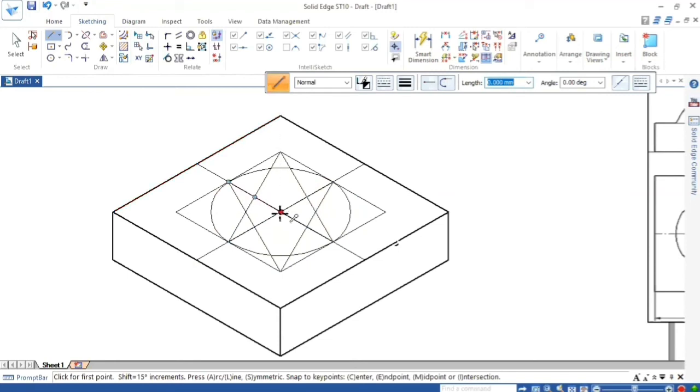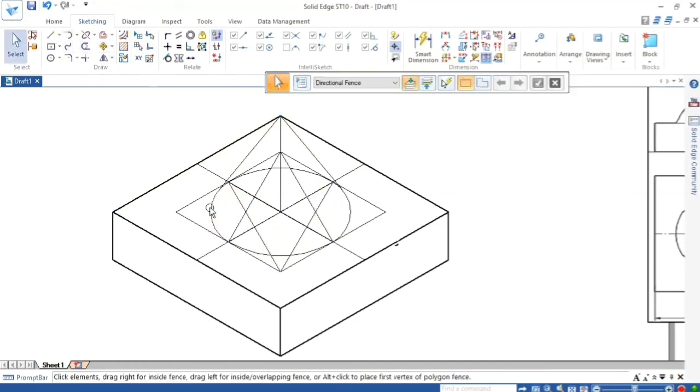Then go to visible line. From this end, you work with the 40 mm side height, from this corner to this edge. Make it dark lines, then go to select this, select this, and make it visible.